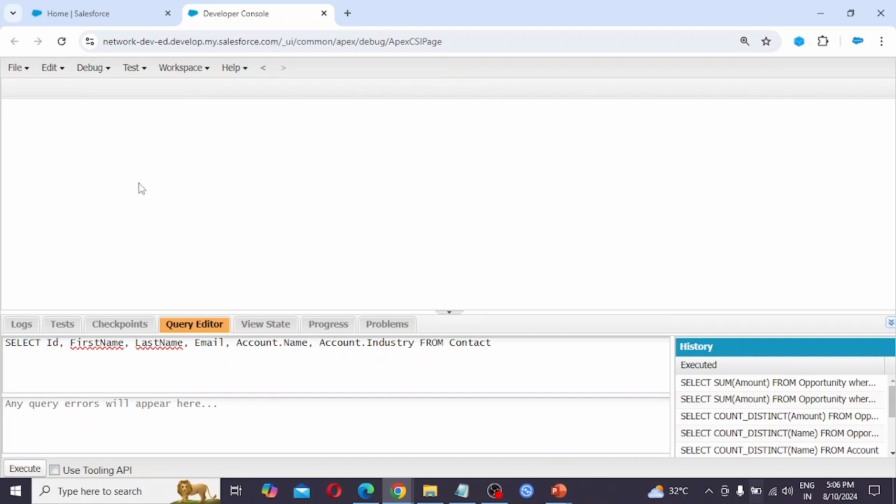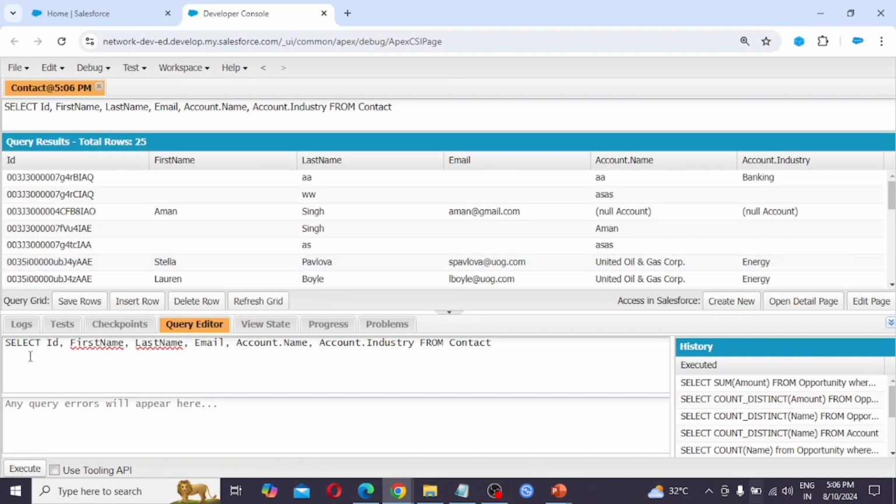Execute this. So we are getting the result: Id, FirstName, LastName, Email, this is from Contact, and from Account, Account.Name and Account.Industry.